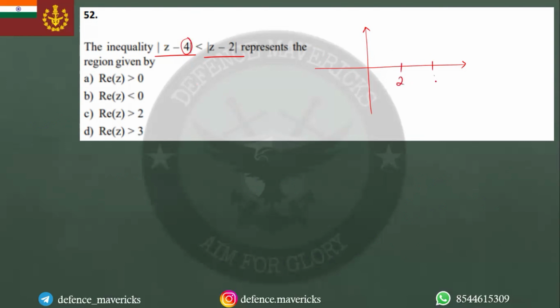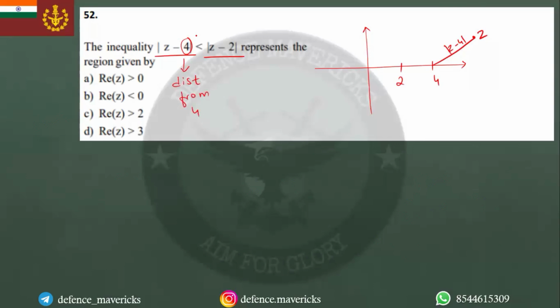If this is 2 and if this is 4. So let's say I have a point over here Z. So what is mod Z minus 4? It means distance of this. This is mod Z minus 4. Okay, if this is Z, then this is mod Z minus 4. This distance. So now what does this mean? That distance from